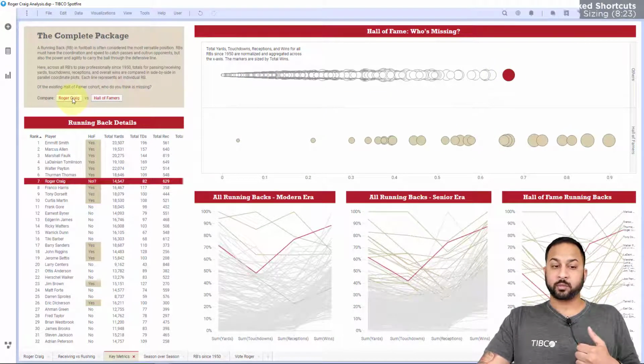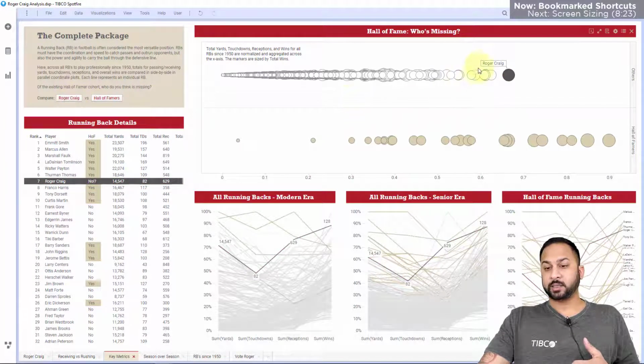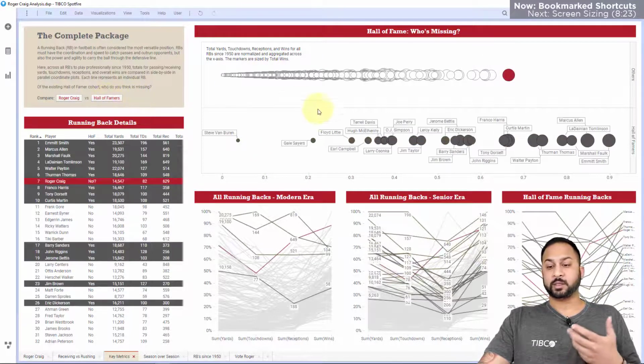So I've created some bookmarks here, and I've put it right into my text area where you can hit this and you can see Roger all highlighted across all of my visualizations, all marked there. And then I can hit Hall of Famers and you can see all of the Hall of Famers marked. So this allows the user to make the comparison that I want them to make and tells a story that